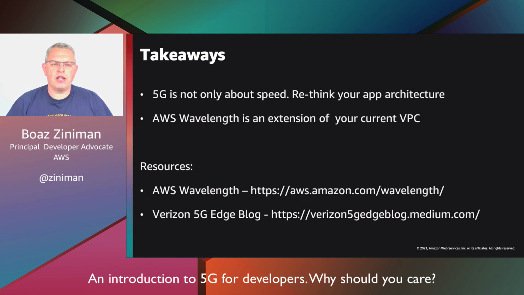To wrap up, some takeaways. So first of all, 5G is not only about speed. When you are deploying and creating new applications and new use cases for 5G, rethink your application architecture and make sure you're using the right tools to bring it to your customers. We spoke about several techniques like hub and spoke, and this is something you should take into account when designing your new application. And AWS Wavelength is an extension of your current VPC, and you just need to think about it as something like that to bring your application closer to your customers and use all these new characteristics of